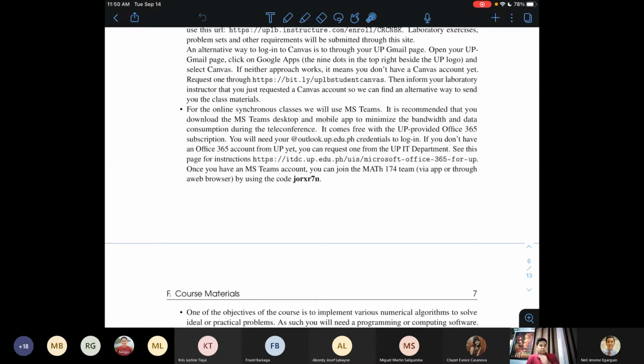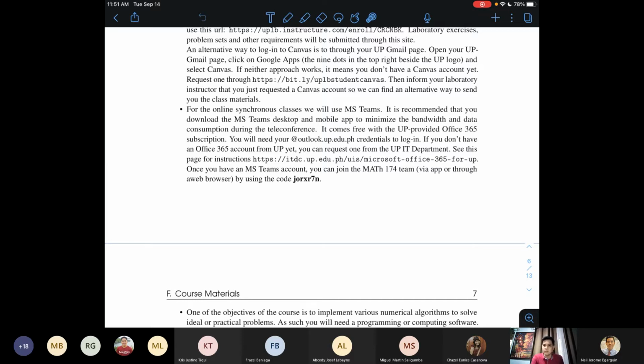All right. And then for online synchronous classes, this is just my preference for the teleconference platform. Yung Canvas meron siyang built-in, though we tried it with my Math 101 class or my Math 101 lab instructors. Nag-blue screen yung laptop ko. And actually for Microsoft Teams kasi mababa yung bandwidth of the desktop app, right? And it also has a mobile app which I find very helpful, especially with short communications with students.